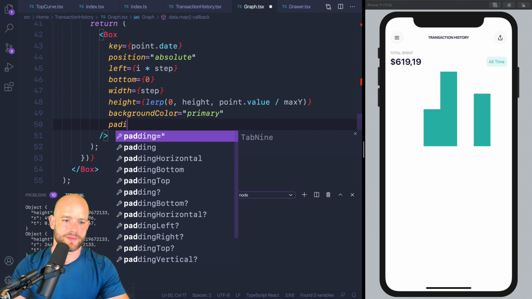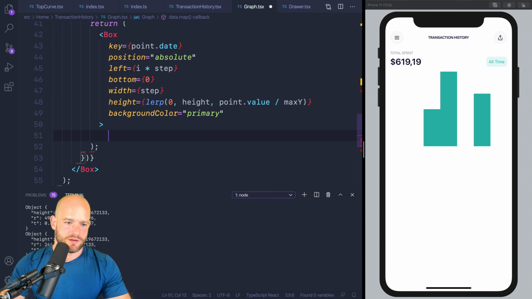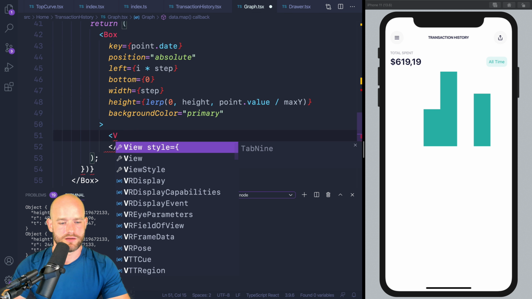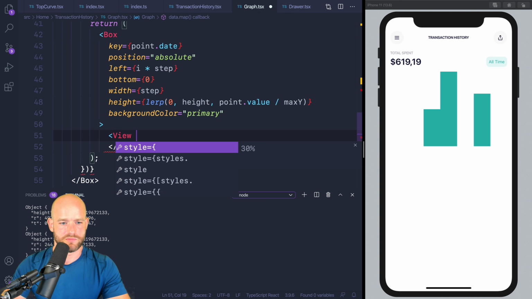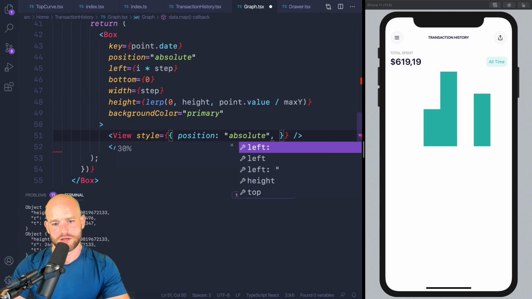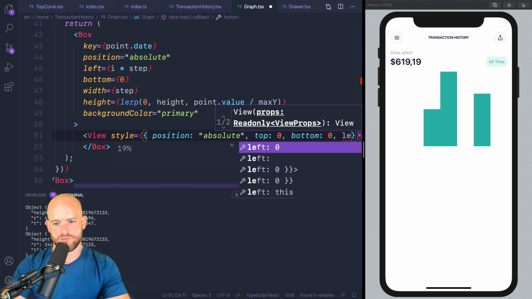Maybe something like padding, or no. Maybe a child with an absolute positioning. Here could be a view. So position absolute, top 0, bottom 0, but left would be